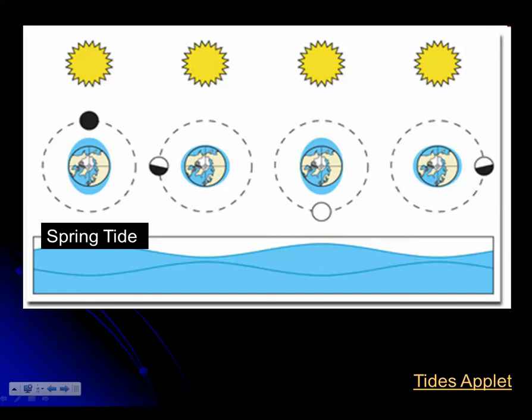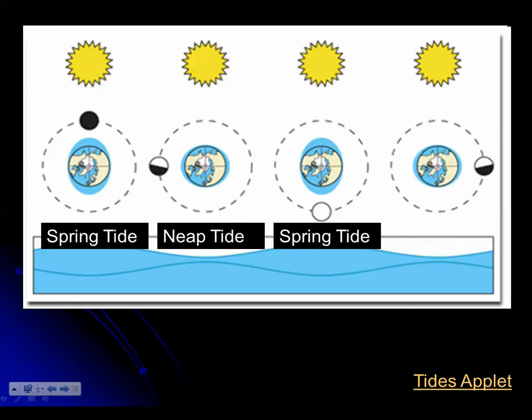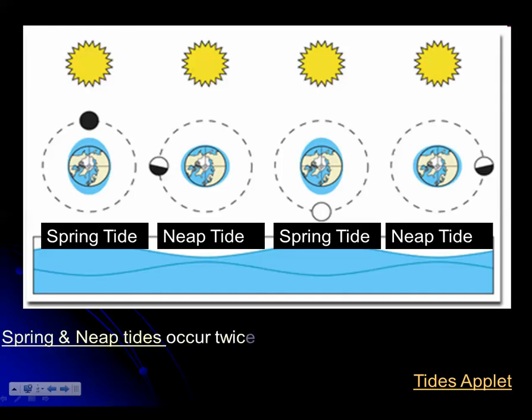Now, there's names for this. Spring tides, neap tides, spring tides, and neap tides. And these actually occur twice per month. Each one occurs twice per month. And as you can see in the first picture,